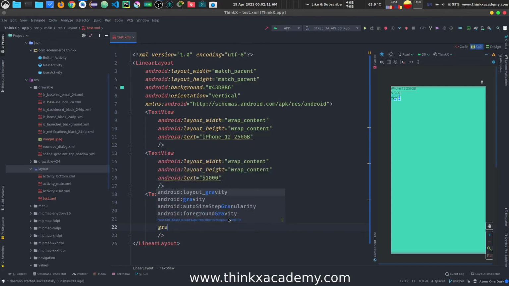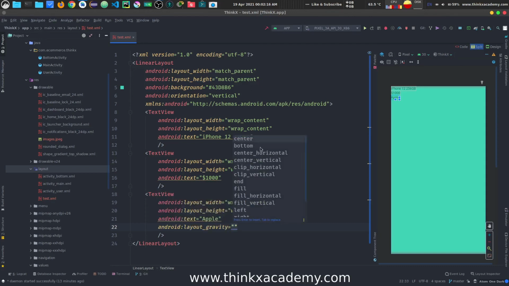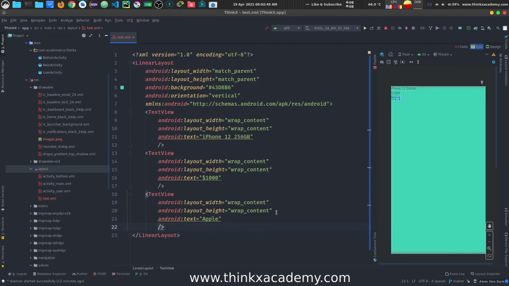So I will just type GRA and it will show me layout gravity or Android gravity. We will select layout gravity. It will show me some options, and when I hit center, now you can see that this whole text view is moved to the center of the screen, right? So a very important thing, text alignment and layout gravity, how they are different, right? We have achieved the same thing, but they are actually different. For text alignment, we are trying to align the text according to the text view, but now we are moving the whole text view to the center of the linear layout. All right, so this is actually a linear layout. That's all, everything about linear layout.